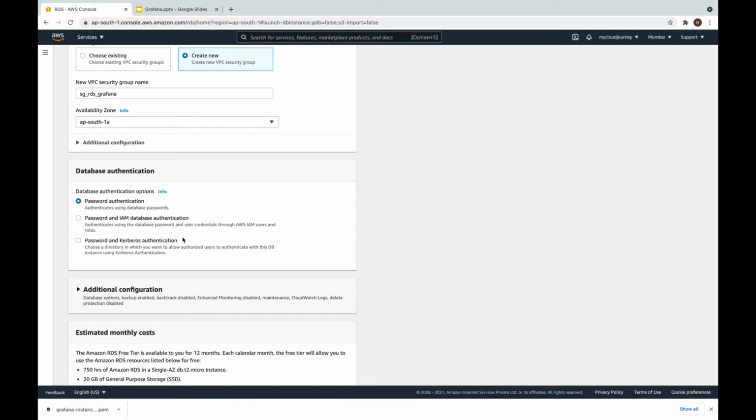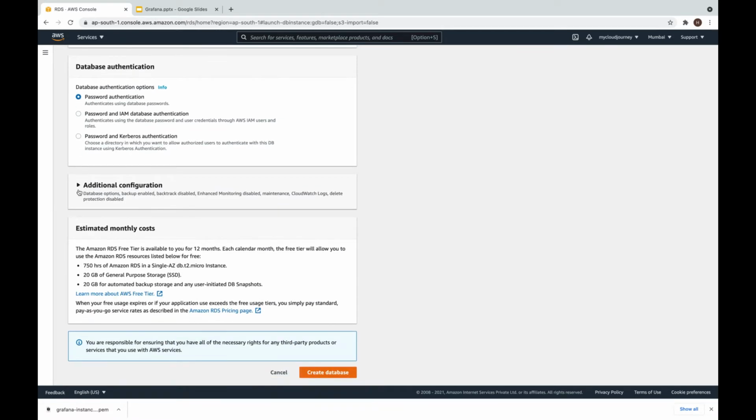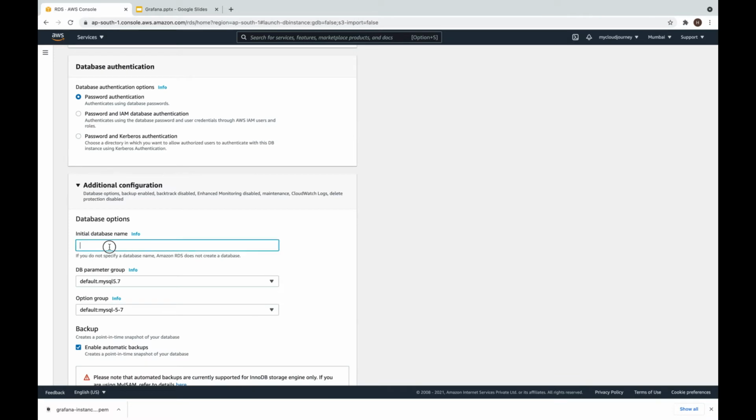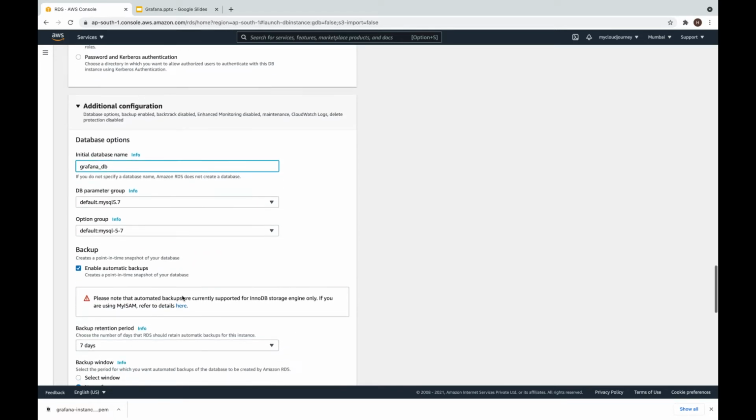For this demo simplicity, I will not explore these two options. And additional configuration, I want my Grafana database name Grafana underscore DB, rest all default.